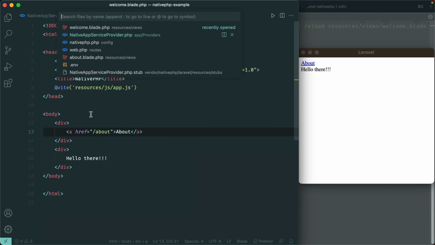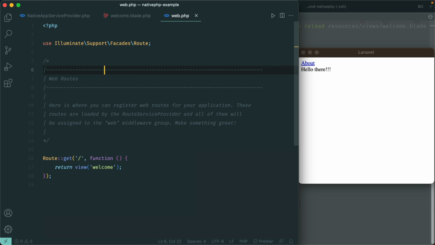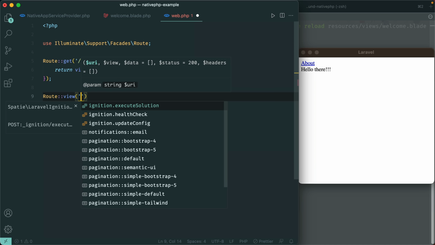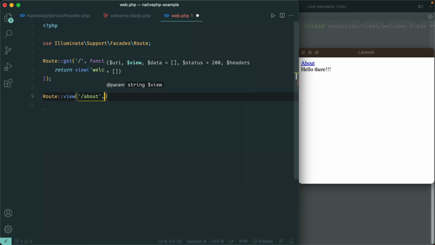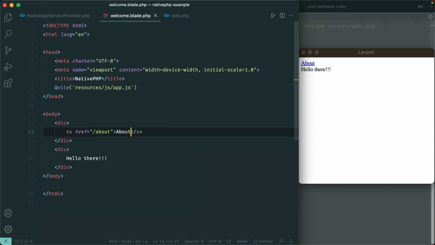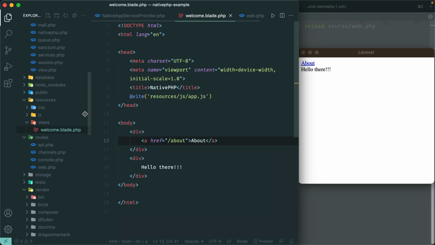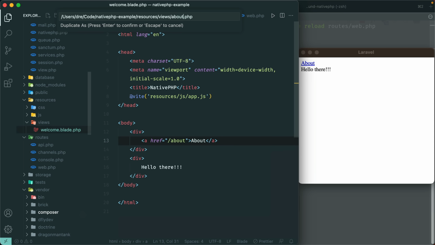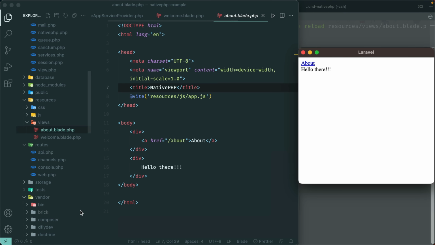So let's go to our routes file. Let me just get rid of this. I'll make use of route view here. We're going to /about, and the blade view for that I'll make is called about. So let's go to our welcome blade, and let me just duplicate this. Duplicate about.blade, and let's say we'll change this to home